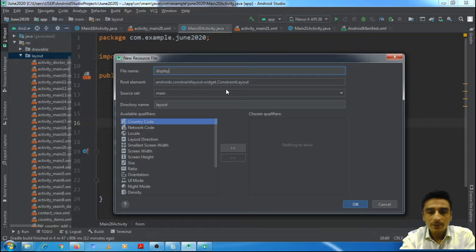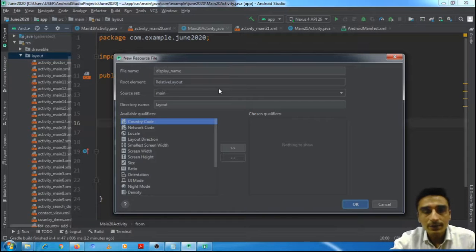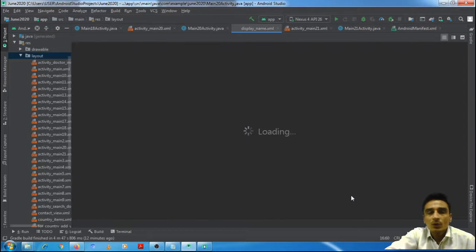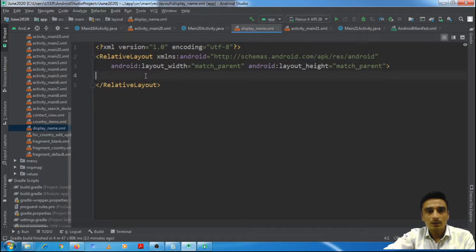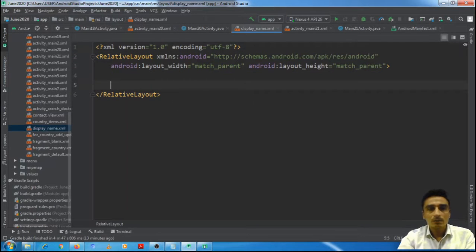I would name it display name, and the layout would be a relative layout. Let's put a simple text view in this layout resource file. Right now in our list view we just want to show a single column, a single item.